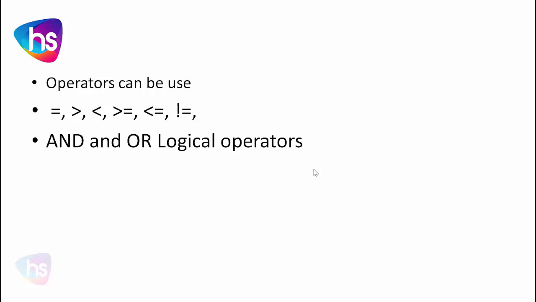For a condition of less than and greater than, meaning above salary or below salary, if we want to fetch those records, we use these operators. Greater than or equal to and less than or equal to are similar. Not equal to means those records which do not match the condition should be in the result set as output. In such a situation, we use the not equal to operator, and OR logical operators.